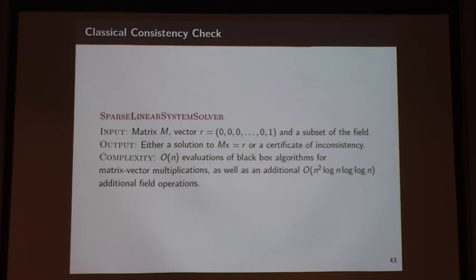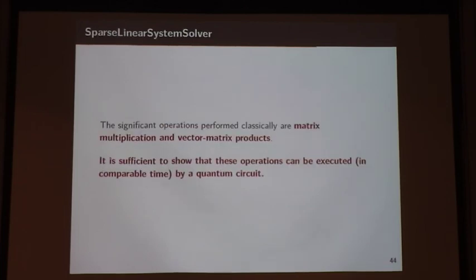The complexity is given in terms of calls to the black box algorithm for matrix vector multiplication. The significant operations performed by the sparse linear system solver are matrix multiplications, and it's sufficient to show that these operations can be executed in comparable time with a quantum circuit. Then we can count the number of gates, and as long as it's comparable to the classical complexity in the black box